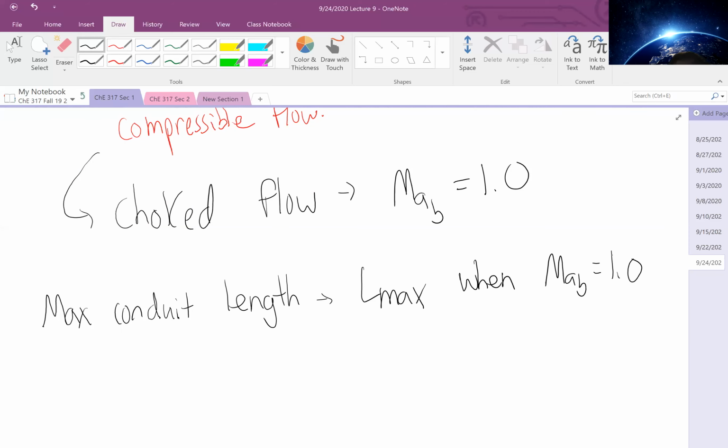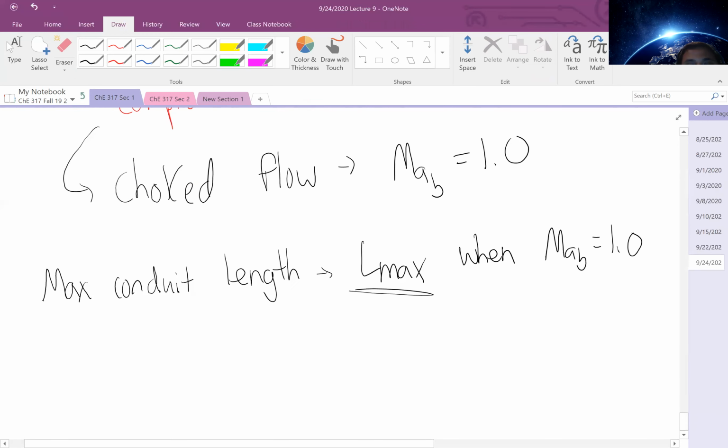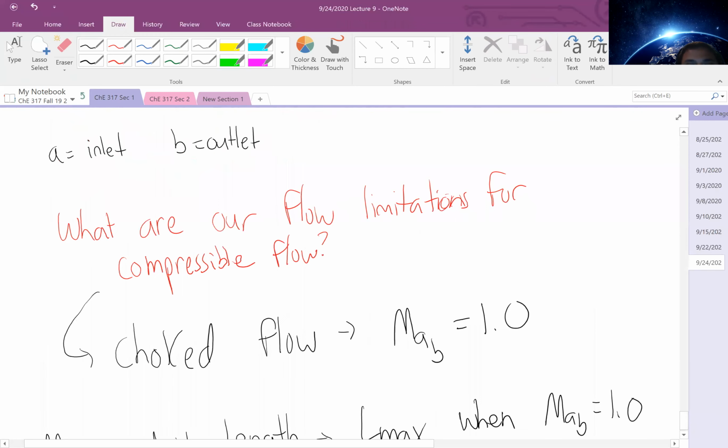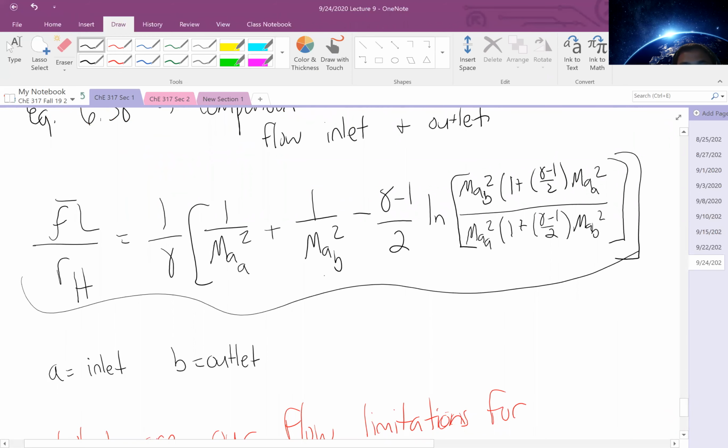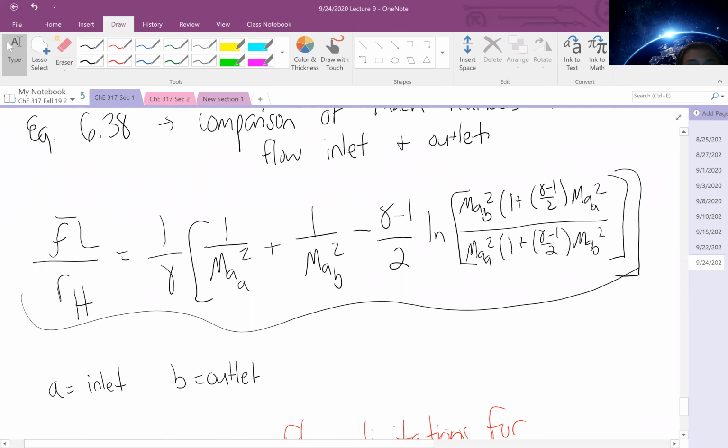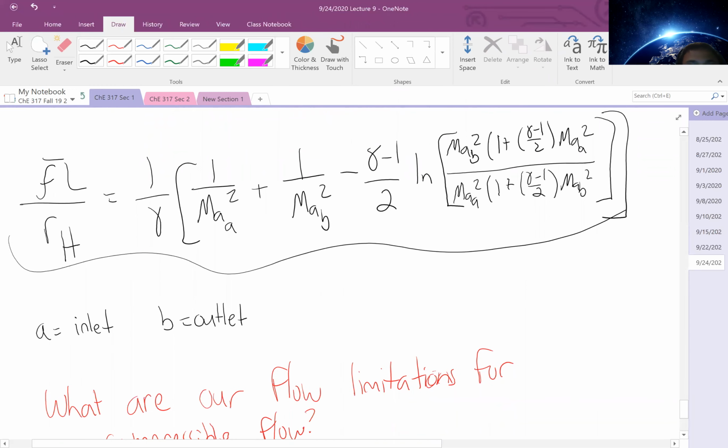And so Tuesday we had talked about how we avoid choke flow. And when we do that is repressurize our fluid after a certain length. And one way to identify that is determine that max conduit length before we have choked flow in our system. And so if I set the Mach number of B equal to 1 for this equation 6.38, I can identify the maximum conduit length